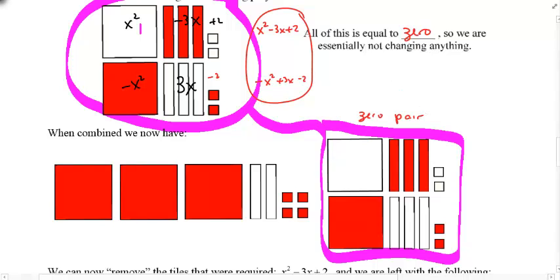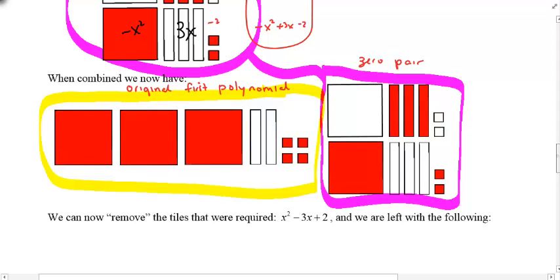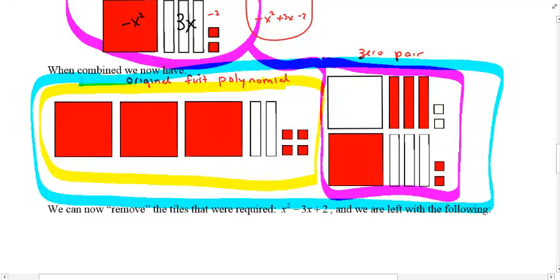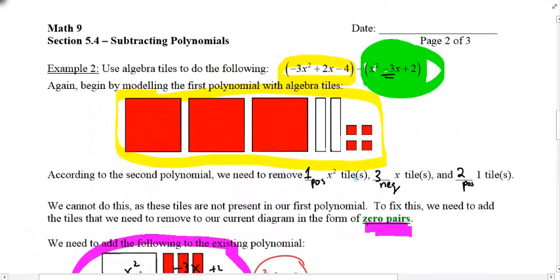And then over here on the left, this is just my original polynomial. Okay, so original or first polynomial. And now, together, I can remove the tiles that are required. So now look at this together, okay? Look at this now as one large thing, and then together our goal was to subtract 1 positive x